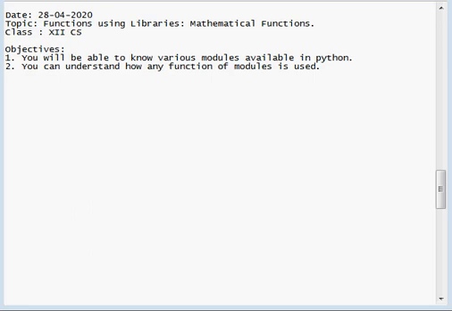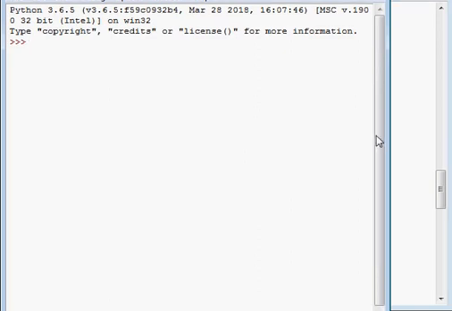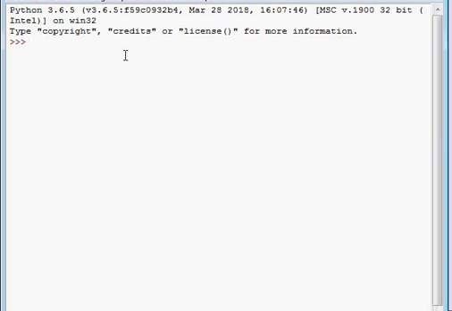So if we want to use the math module, then what should I do here? We will open our IDLE screen, and you need not install it with any specific command. For example, for numpy we did pip install numpy, for pandas we did pip install pandas, but the math module is already available in your Python shell. You do not need to specially install it. It is already present in it. You should just write to import the math module. You can say import math as m, or you can only say import math also.